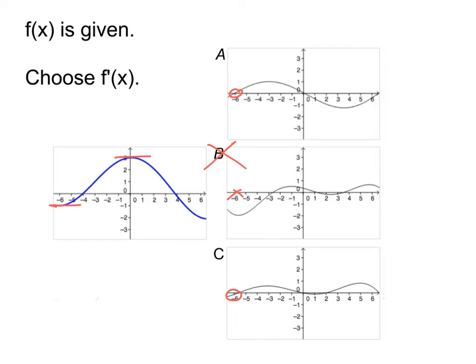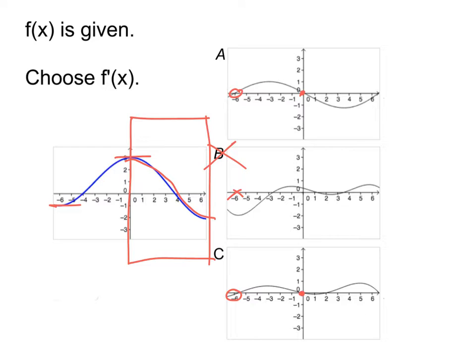Then at 0, I should have a 0 as well. And so, should have one there, should have one there. Okay, that looks like good possibilities. So then, how do I decide between those two if I just have that? Well, notice what's happening to the right of 0. So if I'm looking between here and the edge of the graph, what is the slope for that whole section? What's the slope in this box? It is negative slope. So our slope all the way down from this 0 down to this 0 is negative,